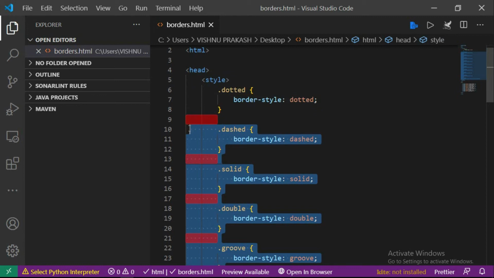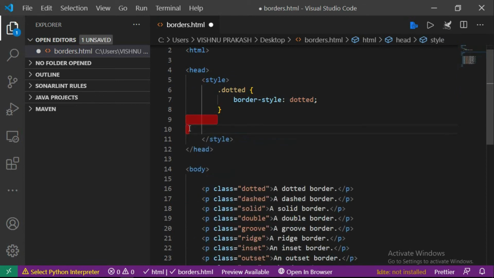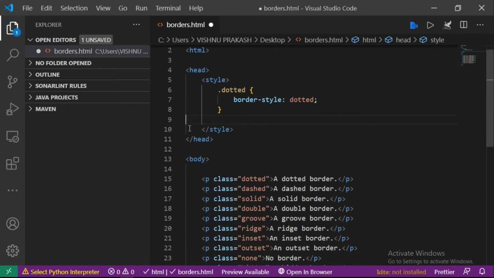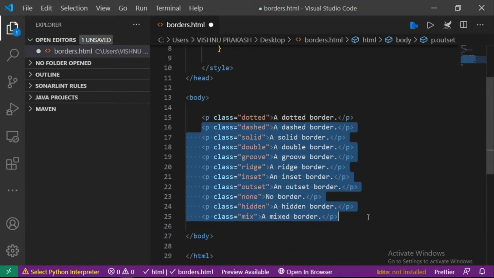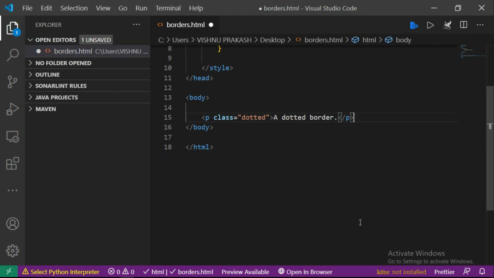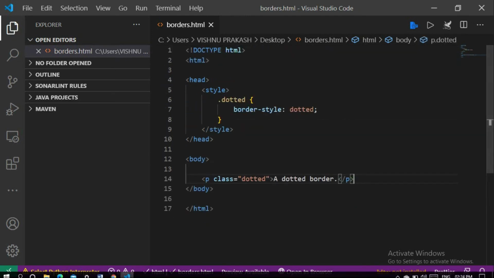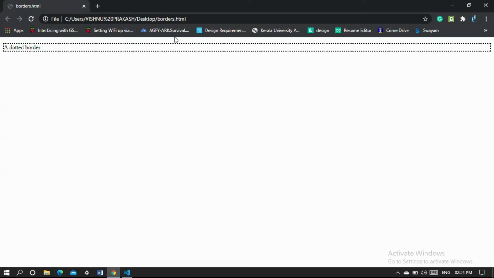So we'll keep the dotted there. Then as of now we can remove this also. Actually we don't even need it, so we'll just save these things. We'll refresh. Now I'm going to show you for one border how we can apply background colors, then width,